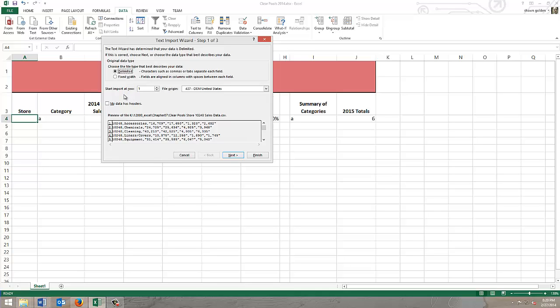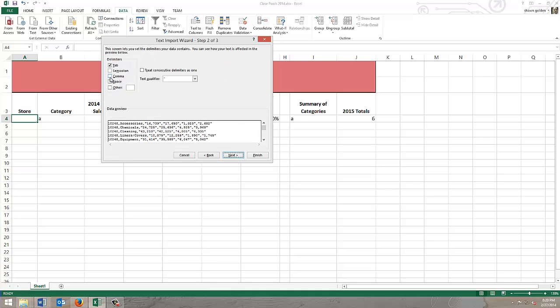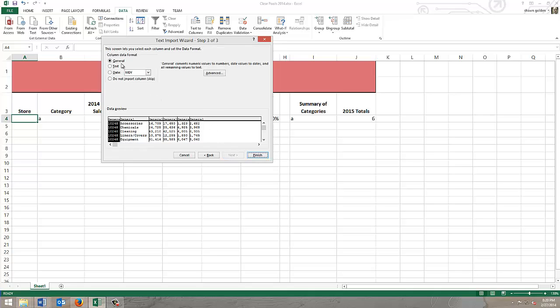Now, I'm on page 424, and it goes through step by step here to make sure you have the correct settings. So on step 1, we need to make sure we choose delimited. On the next step, change this from tab to comma. And then on the next step, just keep that as general, and we'll hit